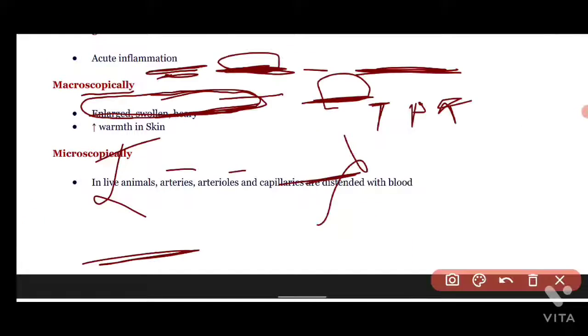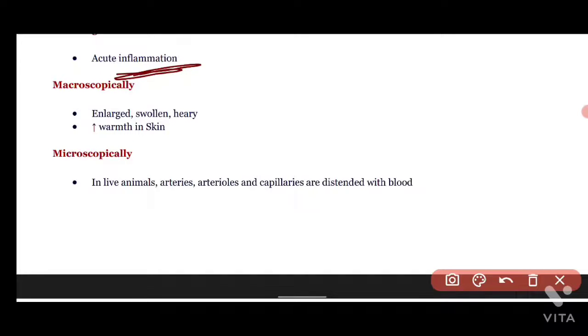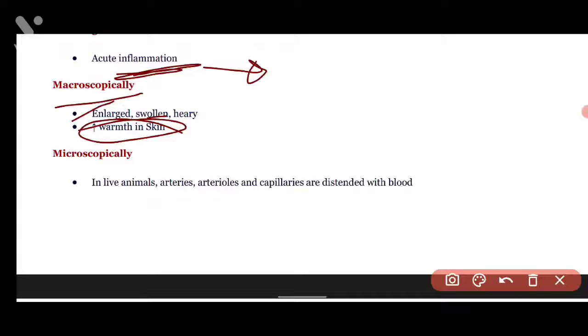inflammations to the organs or parts of the organs, in such a condition we can notice acute local active hyperemia. Macroscopically, the affected organs are enlarged, swollen, and there is increased warmth in the skin because the blood flow will be increased, and that increased blood flow is in the arterial system, so the increased warmth will be seen in the skin. And microscopically, in live animals, arteries, arterioles, capillaries are dilated with blood,